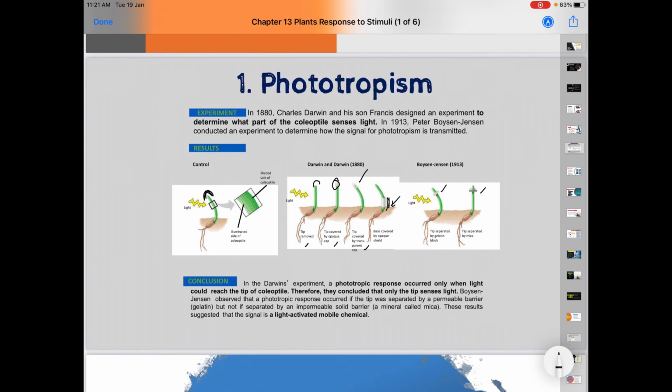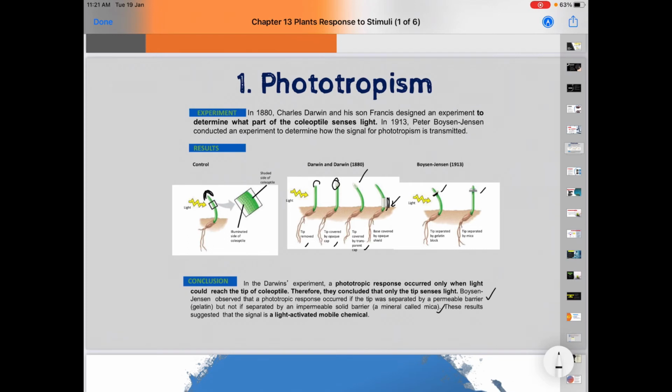So the conclusion, in Darwin's experiment, a phototropic response occurred only when light could reach the tip of the coleoptile. If you can see here, when the coleoptile is exposed to the light, the stem bends towards the light. Boysen-Jensen observed that the phototropic response occurred if the tip was separated by a permeable barrier, which is gelatin,